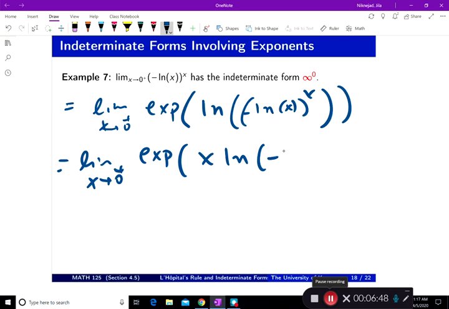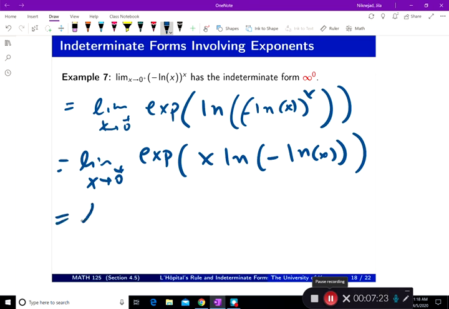of negative natural log of x. And now if I plug in 0, I get 0. Plug in 0 in here, I get negative infinity. Negative times negative infinity, natural log of infinity, which is positive infinity. It's 0 times infinity. And so now I should do something to make it into L'Hopital rule by taking x